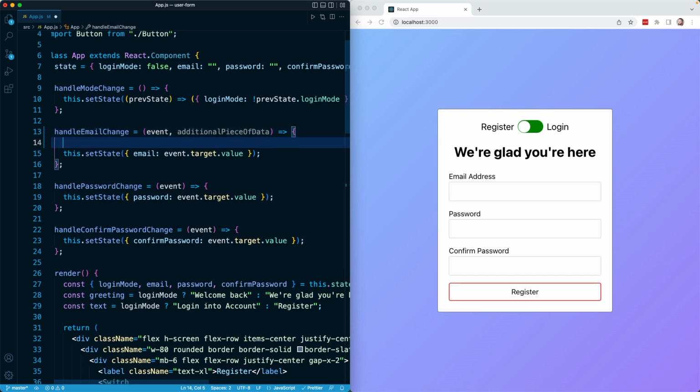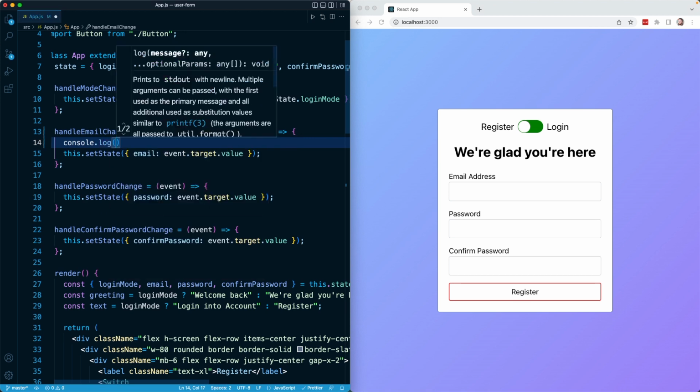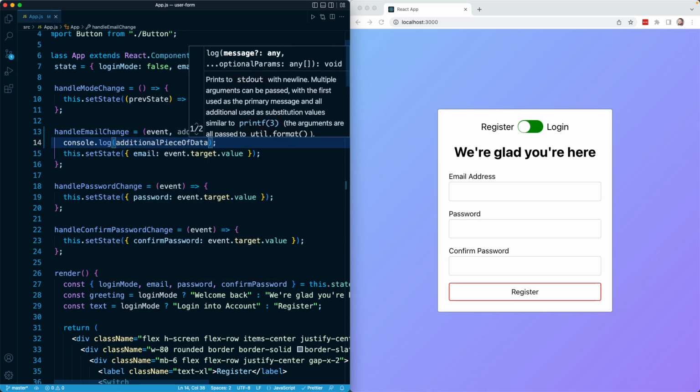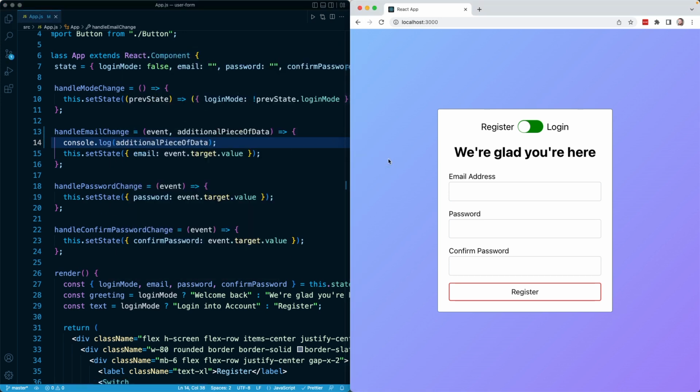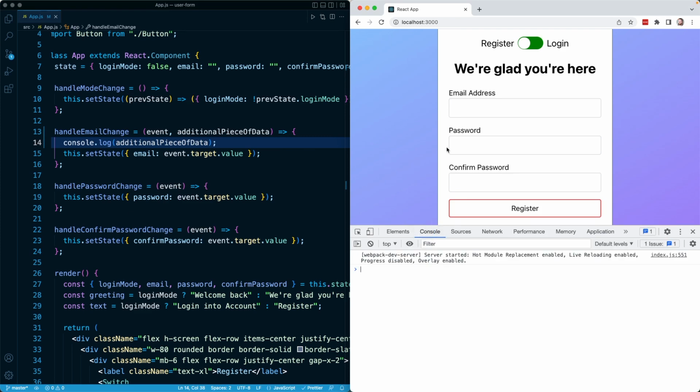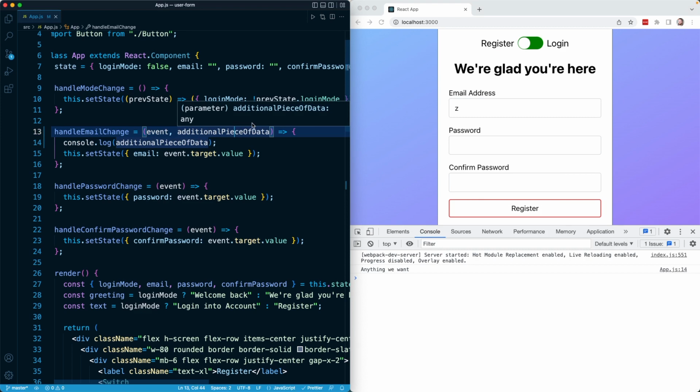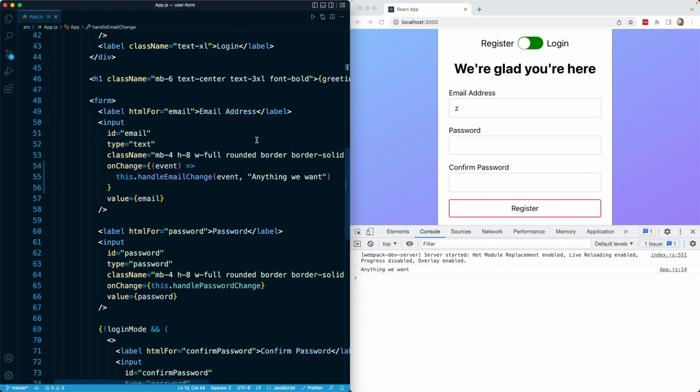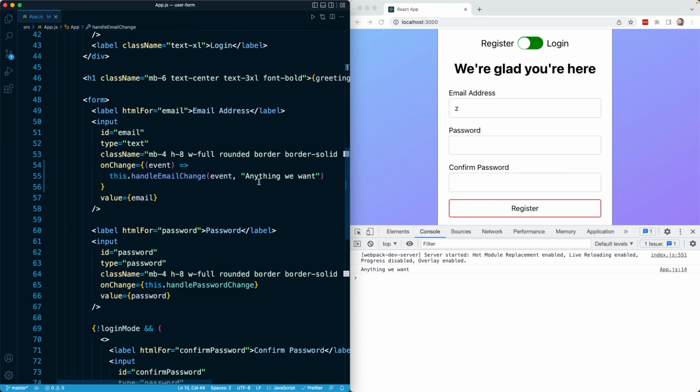So for example, here I can do something like console log my additional piece of data, save this, and you'll notice if I open up my browser console and type something into here like Z, there we go. We have the output of anything we want, which means we are correctly getting this parameter populated with the argument we provide right here. So the key takeaway here is that we can pass additional arguments to our event handler methods if we want. The way we do that is by defining an inline arrow function like so that accepts the